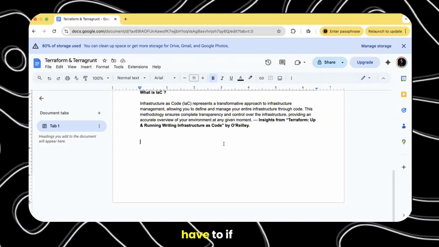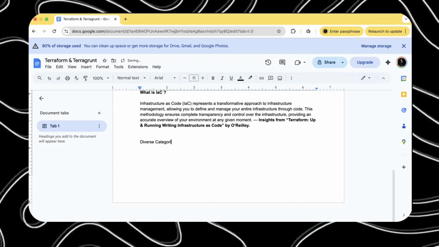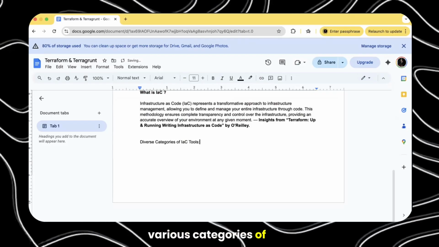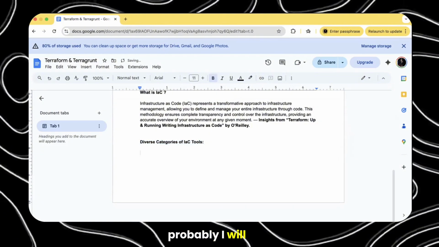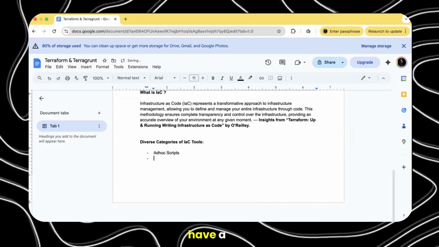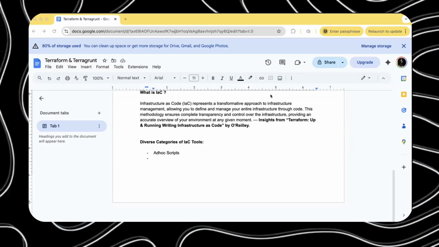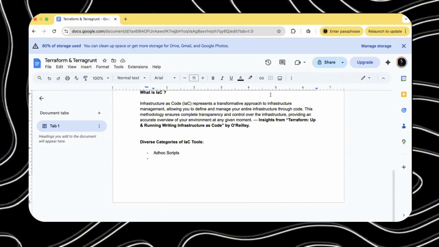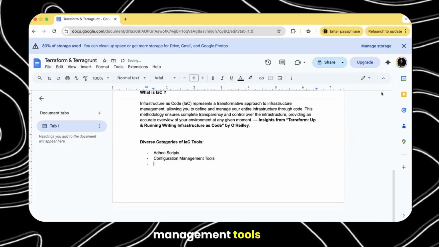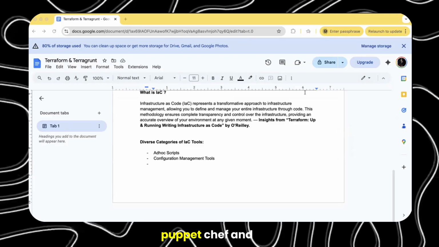If I have to give the diverse categories of IaC tools, I will try to fit them into this. One is ad hoc scripts, through which you can automate the steps to provision your infrastructure. Then there are configuration management tools, like Ansible, Puppet, Chef, and others.